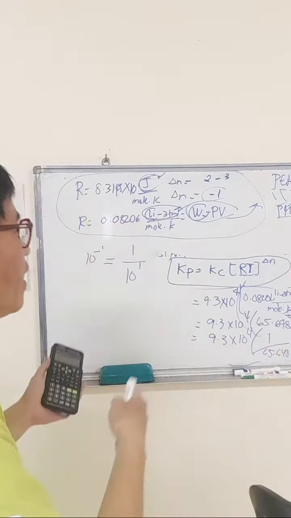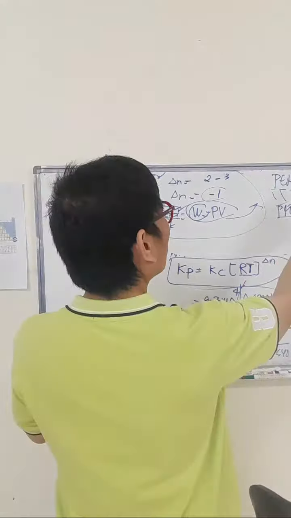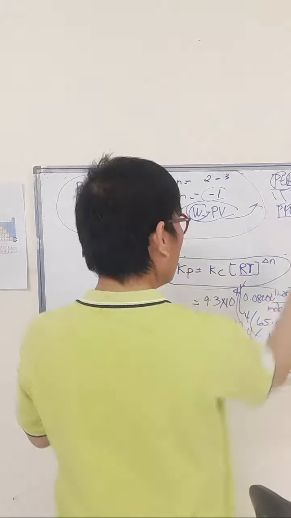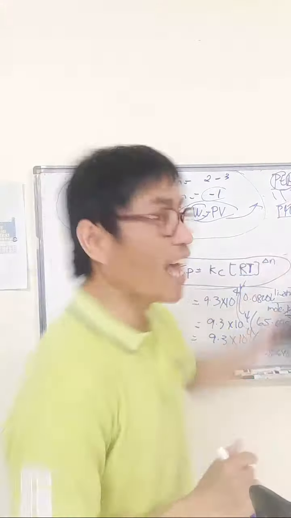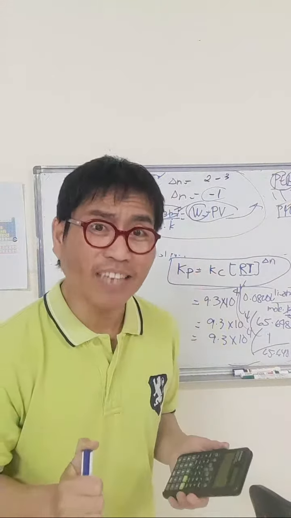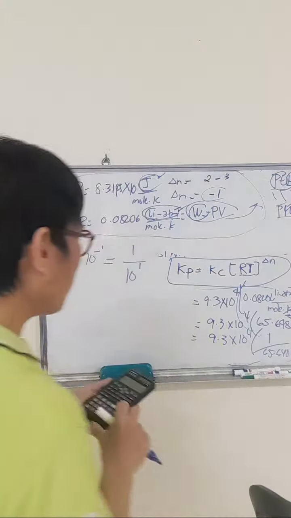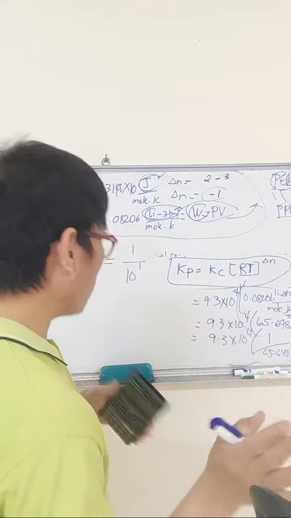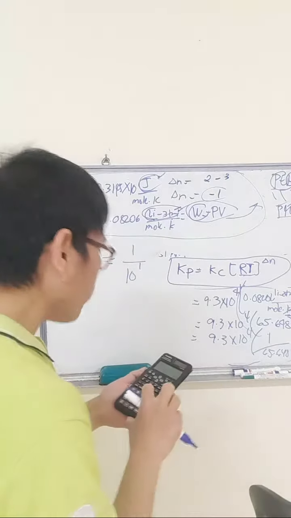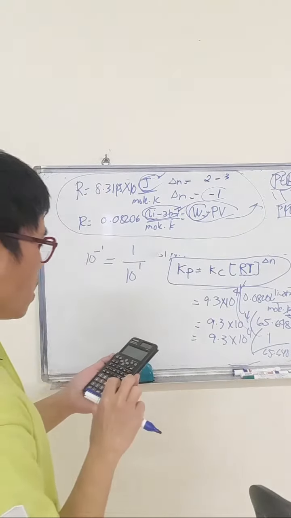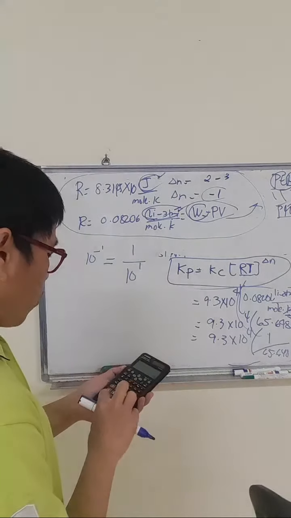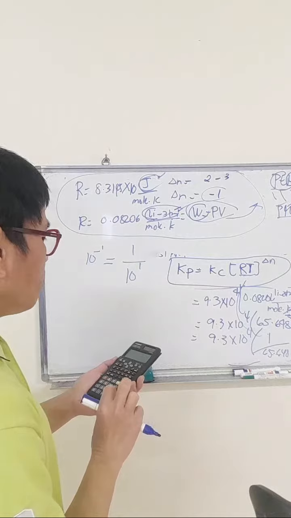Okay, then multiply, because the third is multiply, see? And because we have an exponent, that's the rule. So multiply. We follow the rule in algebra. If you never follow that one, then you'll be wrong. Actually it's very, very basic, but we need to remember it all the time. So 9.3 times 10 to the 4 divided by 65.648